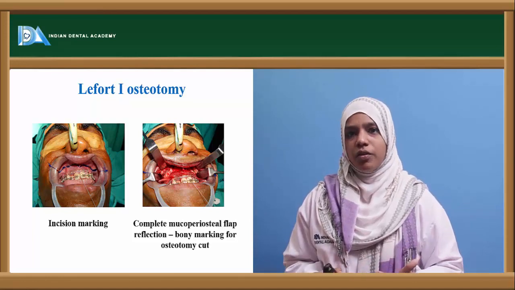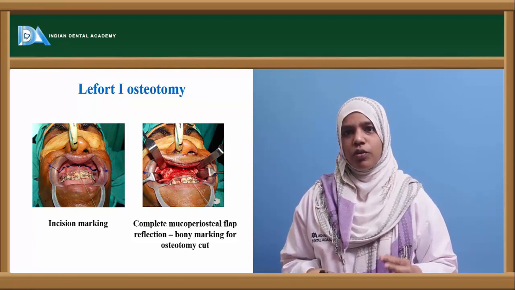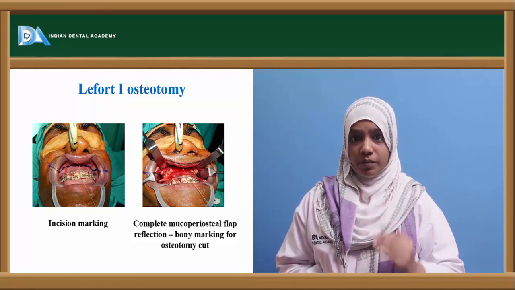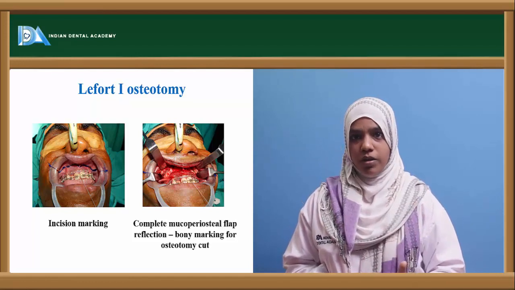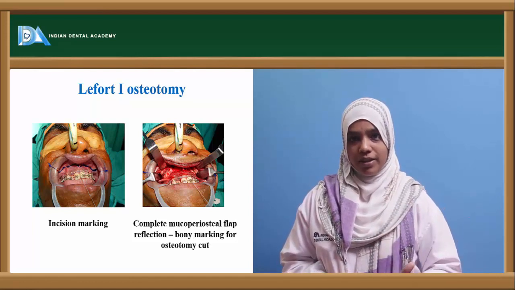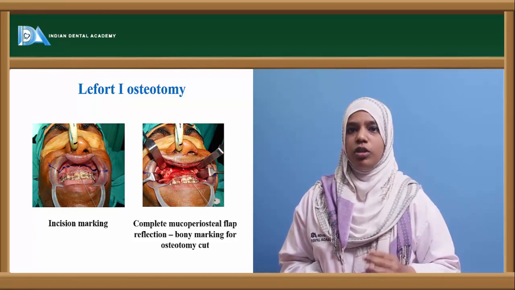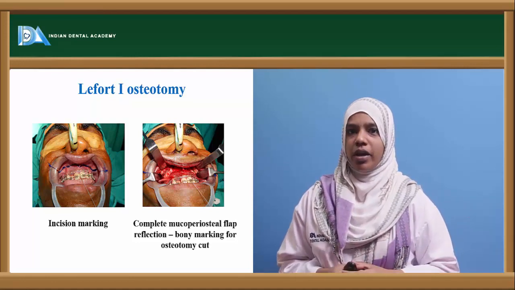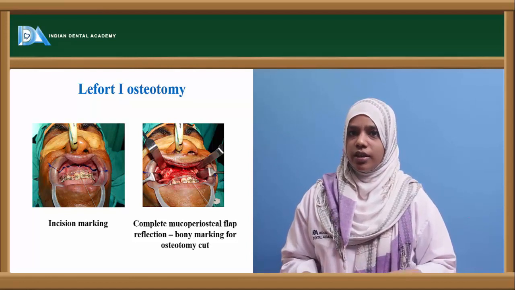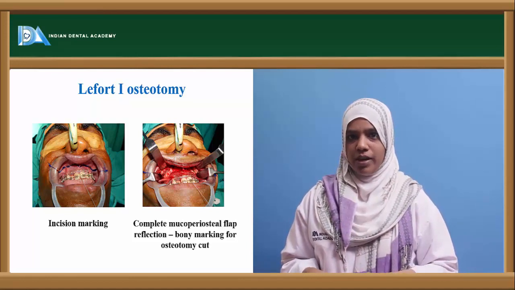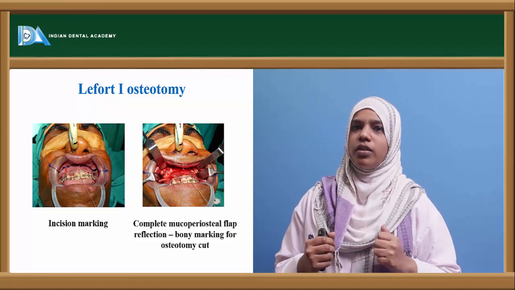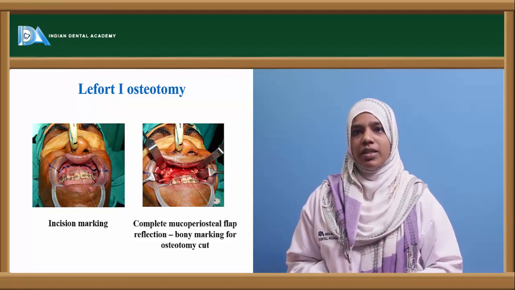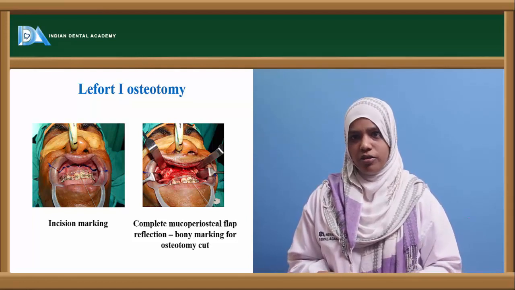Once you think that you have completed all the osteotomy cuts, the septum osteotomy cut, the medial wall of the maxilla, the lateral wall of the maxillary sinus, then you do the down fracture. When you're doing a down fracture of the maxilla, you will take Rowe disimpaction forceps. You will insert them inside the nose and onto the palate and apply a lot of force in the downward direction. Once you have done the downward fracture, you will mobilize the maxilla anteriorly in all round directions so that